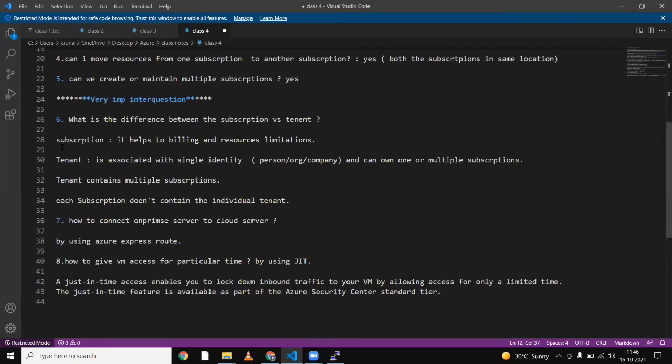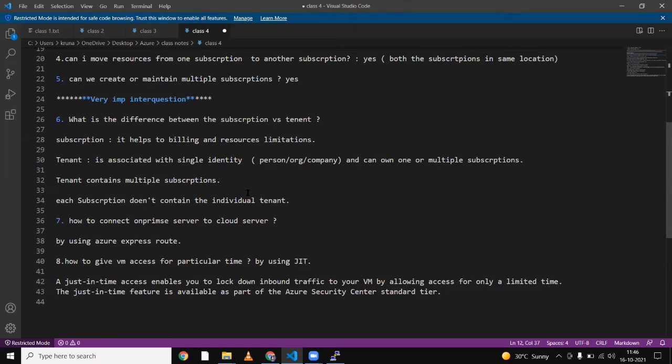And what is a tenant? A tenant is associated with a single identity, person or organization, and that tenant contains multiple subscriptions.